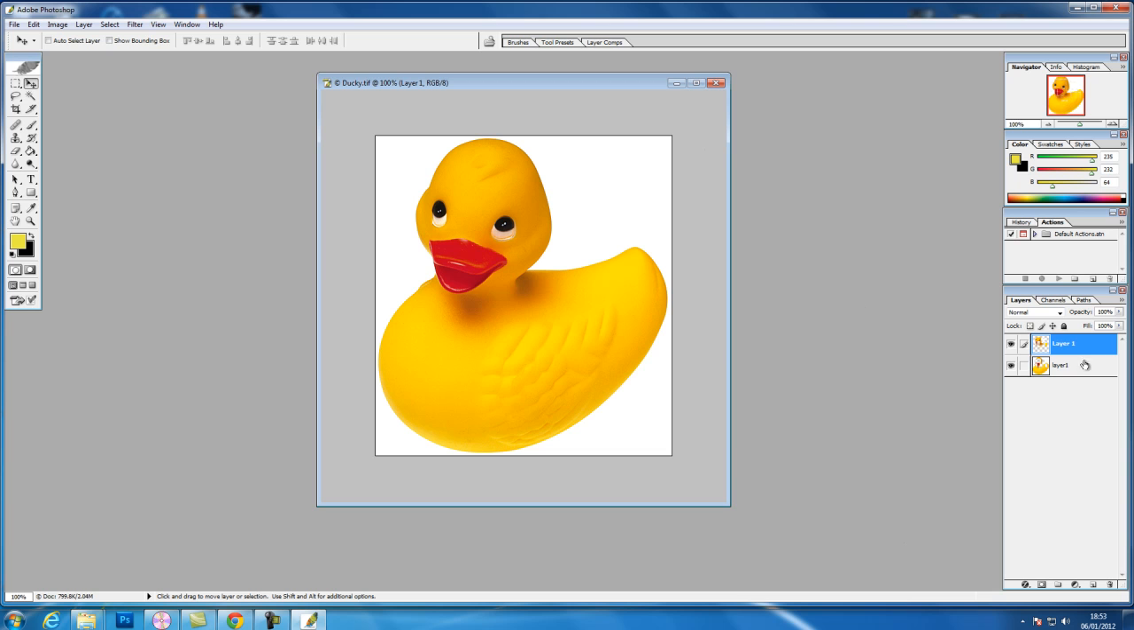Now if we wanted to put that back to the way it was, we can control click